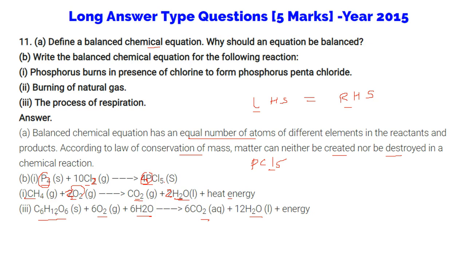So we have C6H12O6, so on the right hand side we need to have 6C, we need to have 12H, but H is also here. So we need to have 12H2O, so that we have to make 6 here. And oxygen, because it is 6 into 2, so we have to say 6O2.